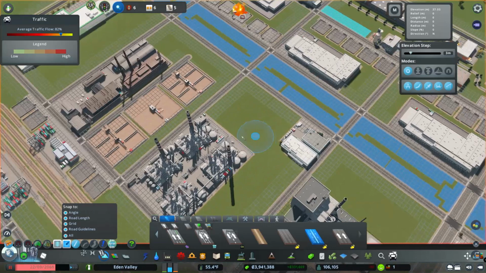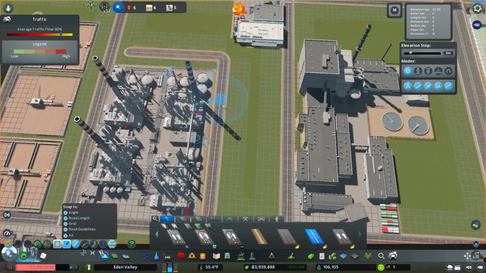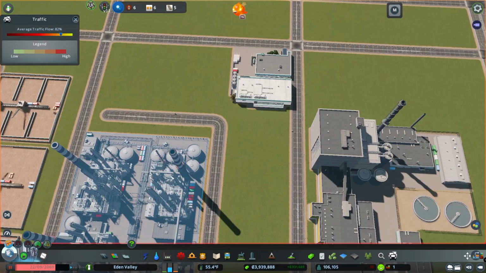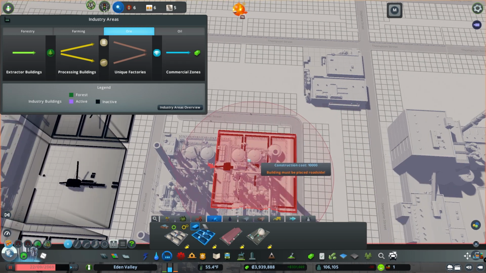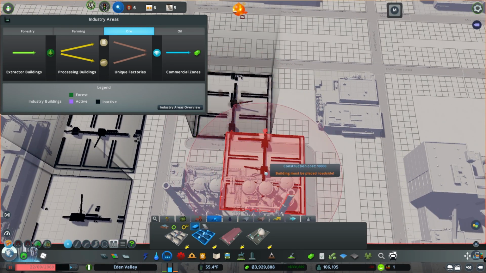So let's get another road coming from here. Oh, here. Stop it right there. And then let's get some, get one ore storage,